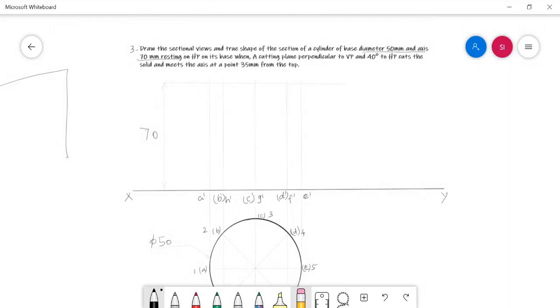Similarly, in the face, 1 dash, 2 dash, 3 dash, 4 dash, 5 dash, 6 dash, 7 dash, and 8 dash.